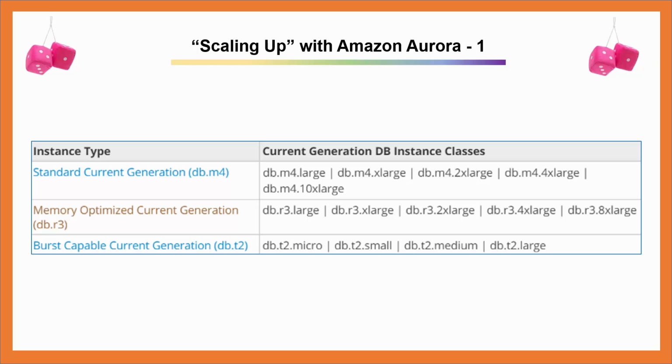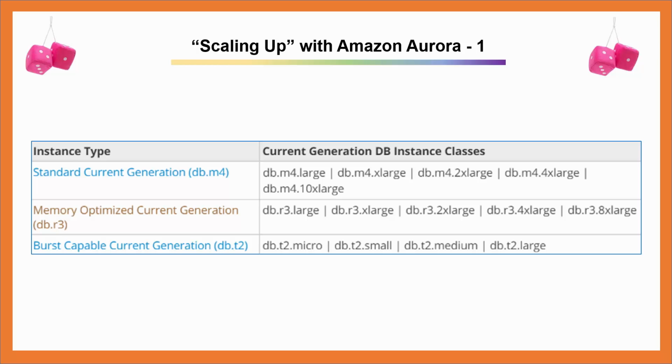The computation and memory capacity of a database instance is determined by the instance class, and you choose which instance type you need depending on your requirements. As of September 2016, there are 3 families of instance types. Amazon Aurora can only use memory-optimized DB-R3 instances that provide memory optimization and more compute capacity than the first generation